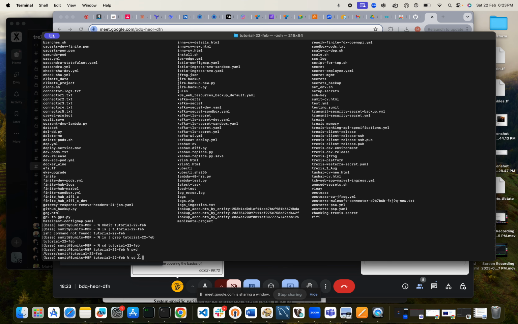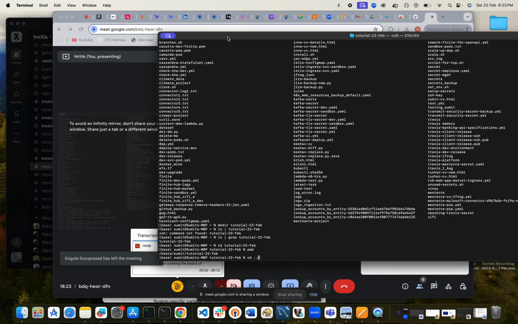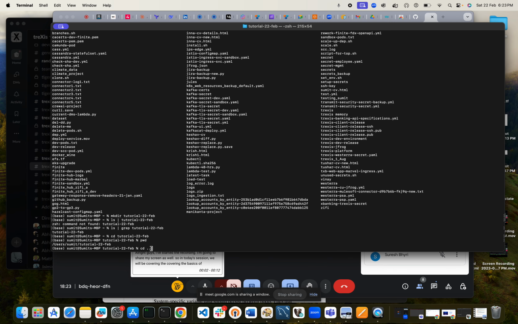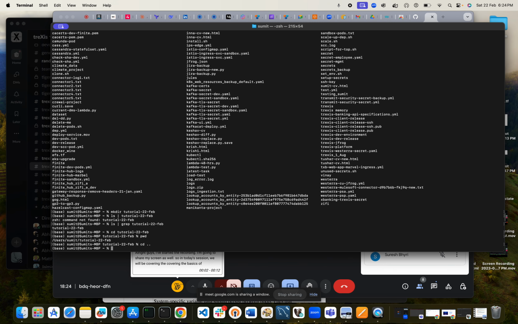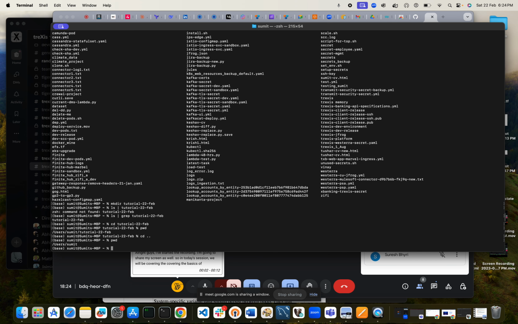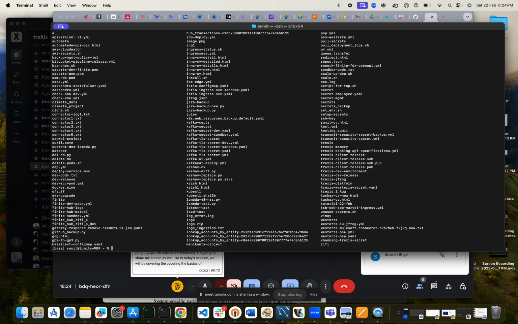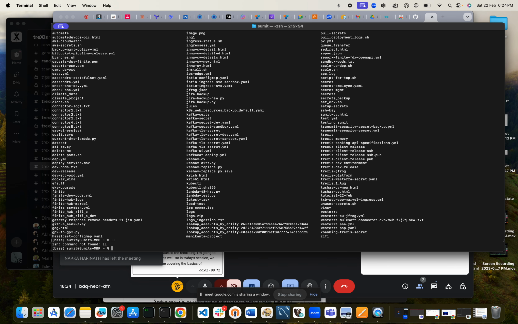So this is to change directory and go one directory back. If I press enter, now if I do pwd, I'm in user Sumit. Now similar to this, ls just lists all the files. There's one other command that is ll. So if I put that,